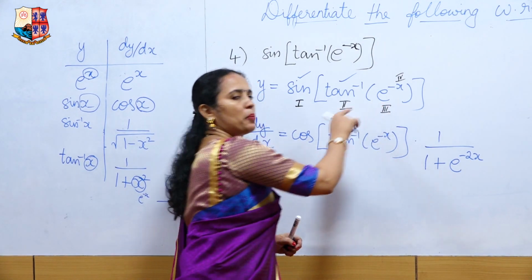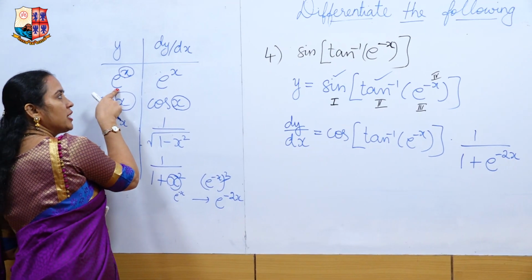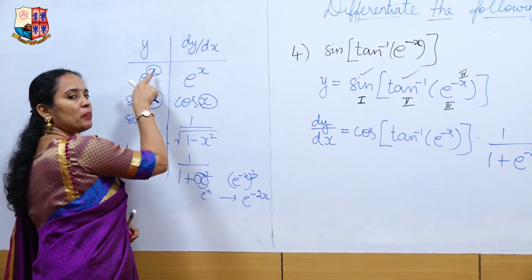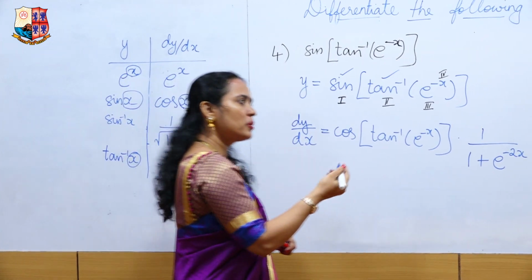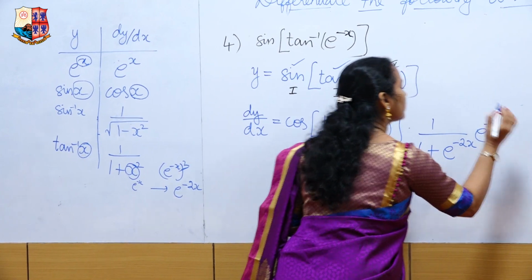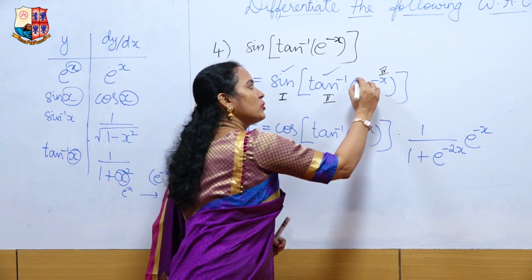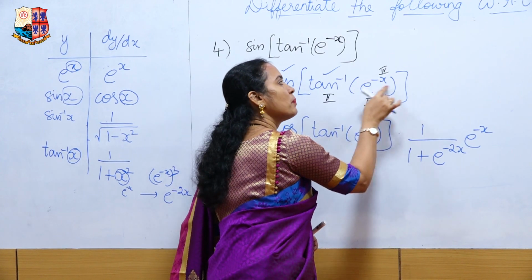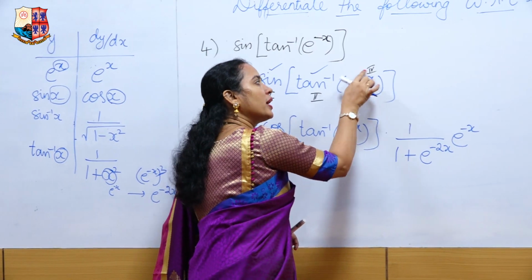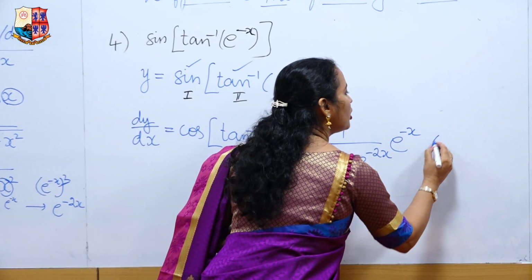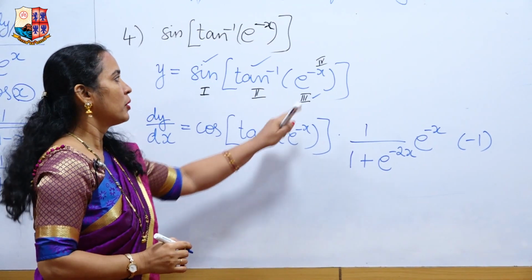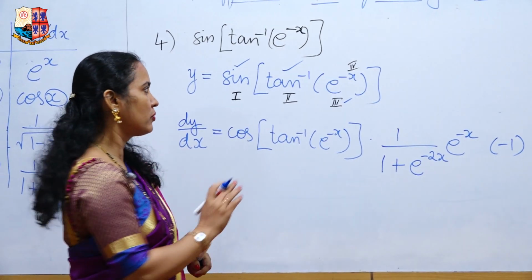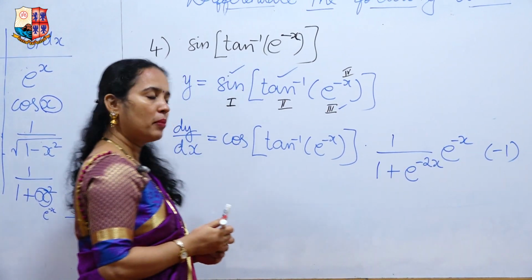Next go for e to the power minus x. When you differentiate e to the power x, you get e to the power x. When you differentiate e to the power minus x, you get e to the power minus x. Quite simple. Okay, so done with e to the power minus x, your third function. Next, what is remaining? Yes, minus x. Don't forget, minus x when you differentiate, you will get minus 1. Because this is minus 1 constant in multiplication as it is, x when you differentiate gives 1. So minus x is nothing but minus 1.